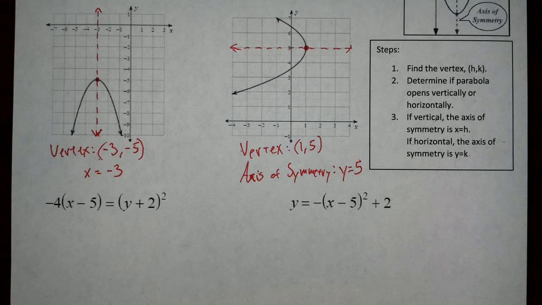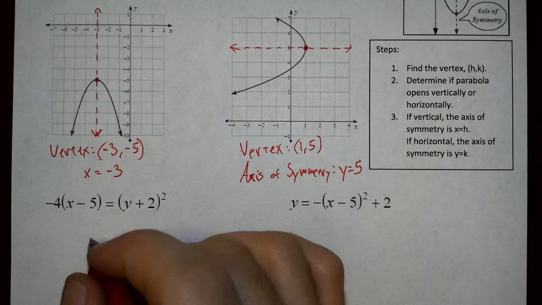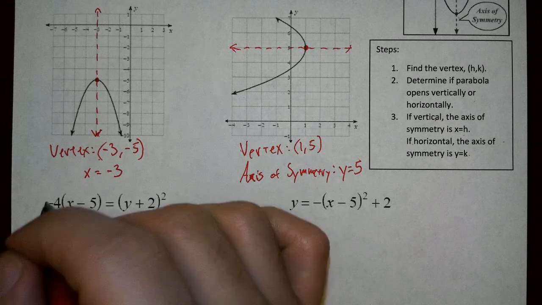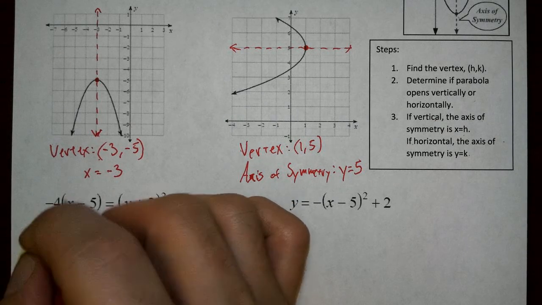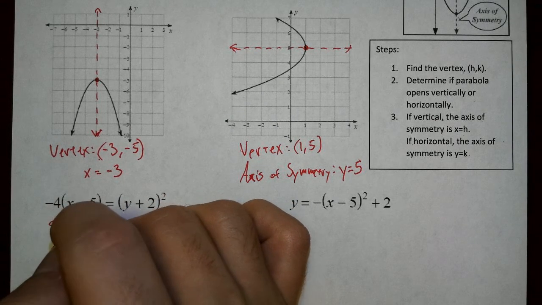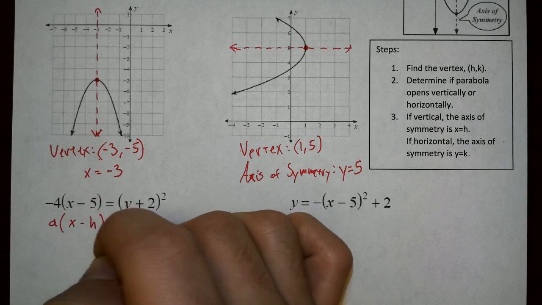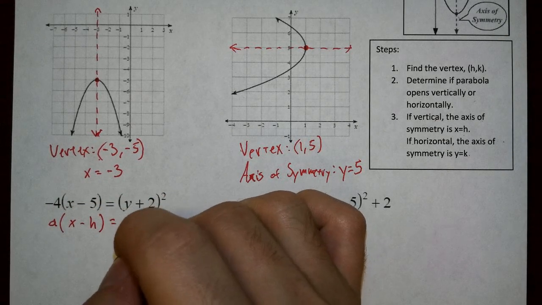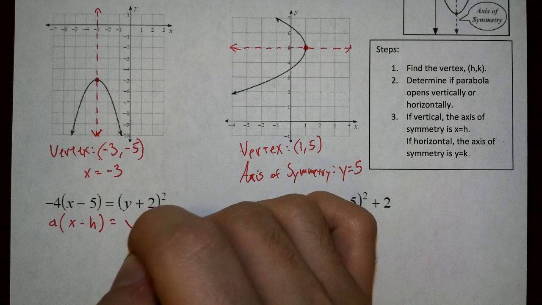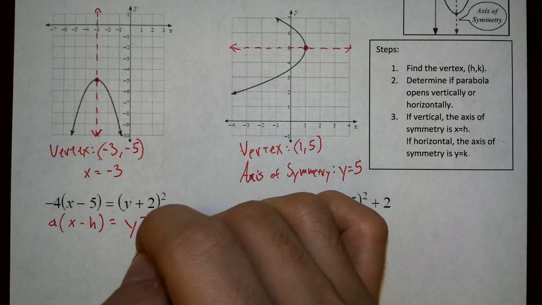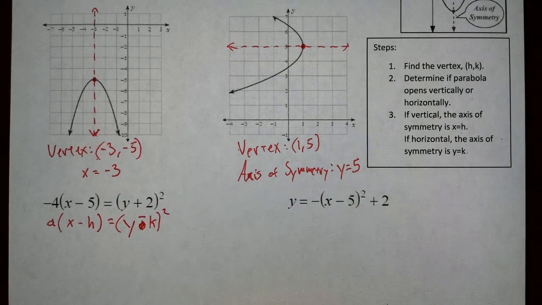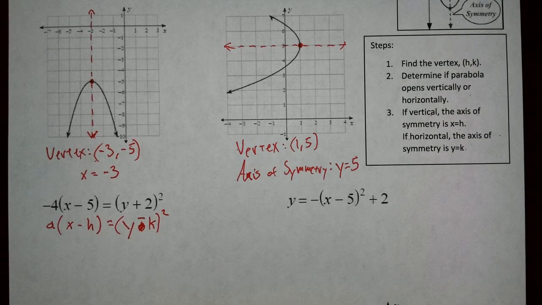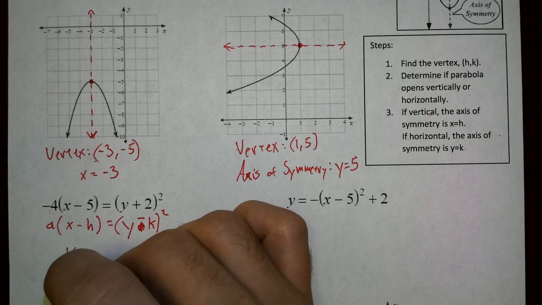And when we see our translational format of a parabola, I'll go ahead and write it here so that way we can remember it. We see a times (x minus h) equals (y minus k) squared. That's the translational format of our parabola, in case you weren't sure. And so that just means our vertex